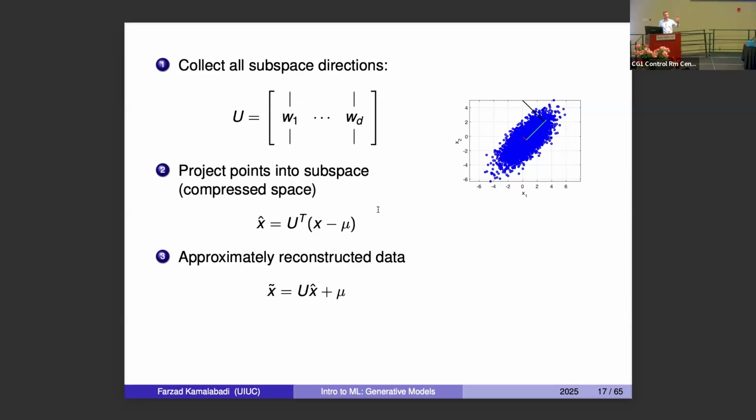Great question. The next slide will explain that, but let me say it in words first. There are two intertwined goals here. The first is to uncover hidden structure in the data, and the way we defined structure was to find the directions of maximum variance in the data. If we stop at that goal, you're right, we don't need to project onto those directions. The reason we project onto those directions is the second goal, which is dimensionality reduction. We want to take our original data and express it in a lower dimensional space.